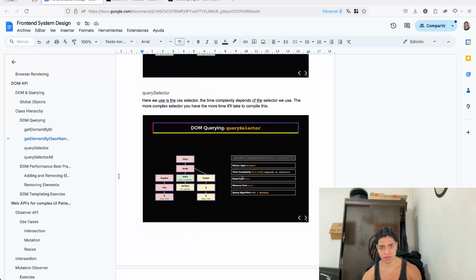The time complexity in querySelector is linear, almost linear, and at the beginning it's going to depend on the selector query itself. So the read cost and the memory cost is